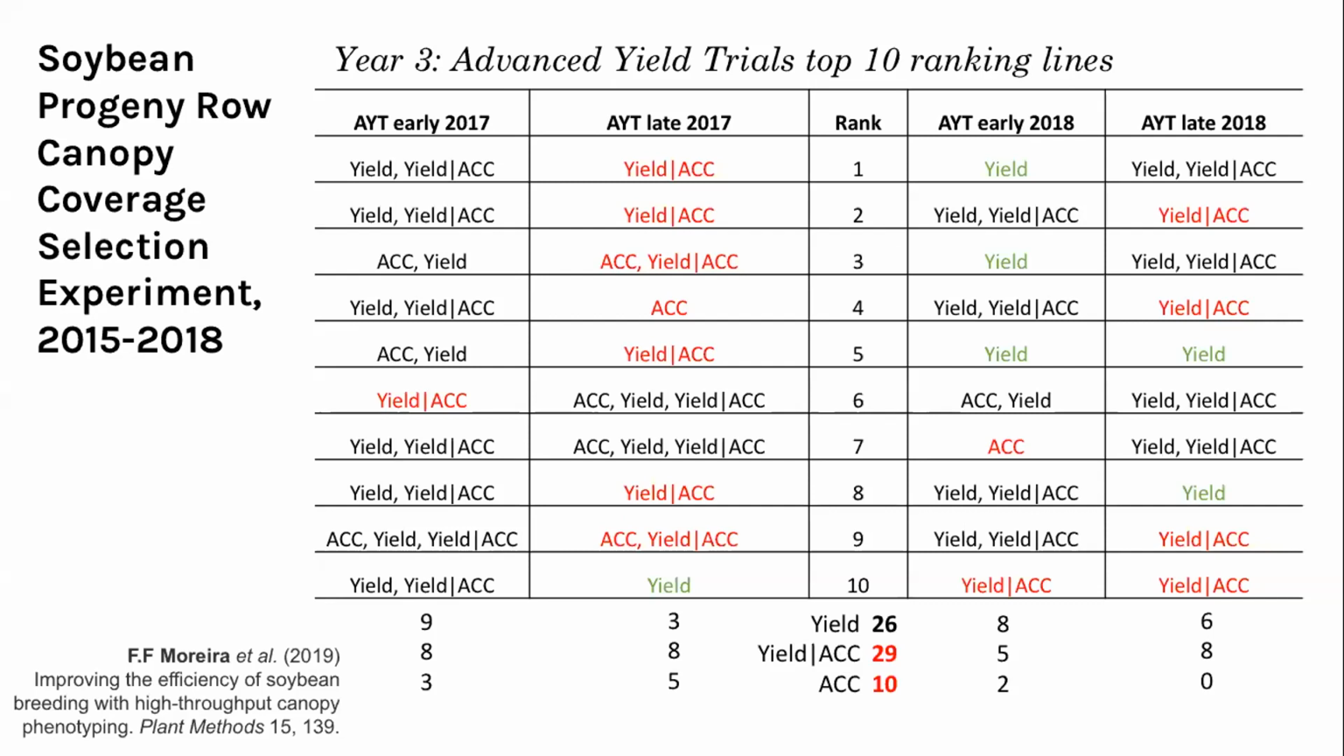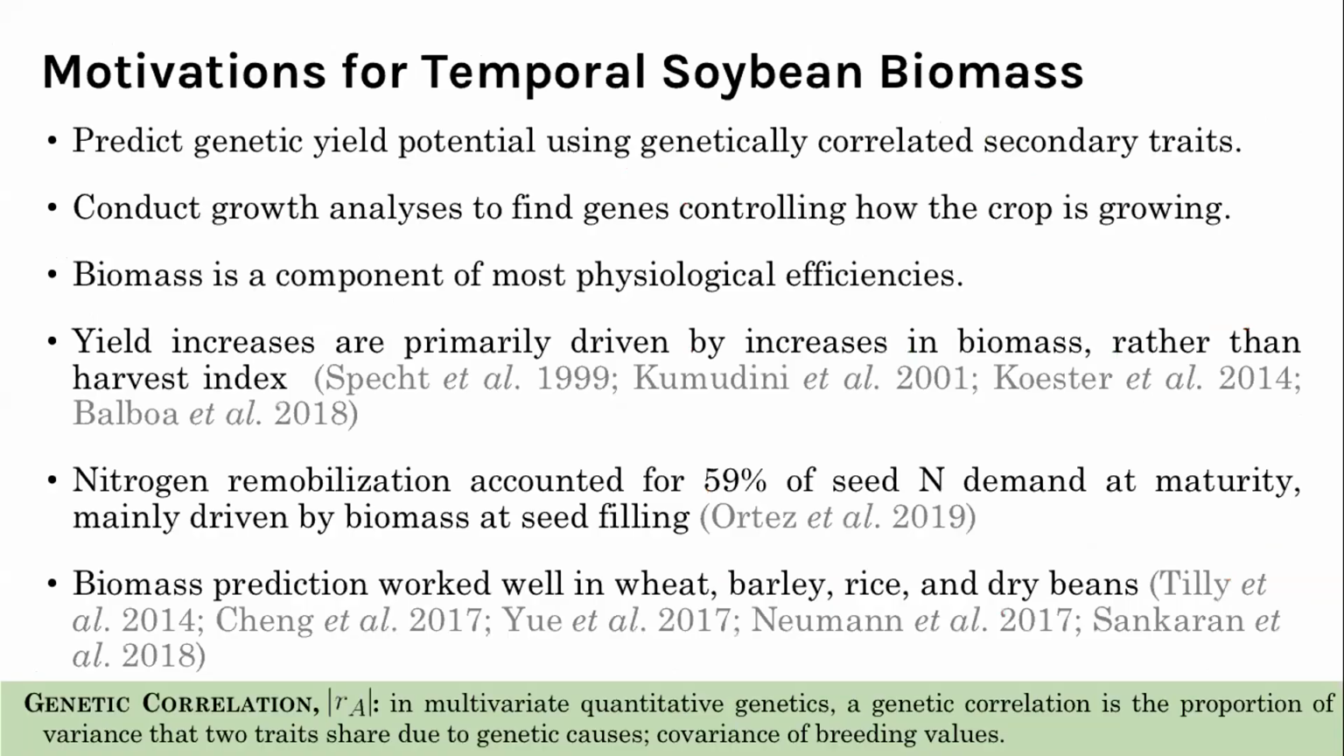So that yield adjusted for canopy coverage is, I think, adjusting largely for non-genetic effects, like variation in plot size, row length, gaps, etc., because soybean progeny row yield data are really low quality. And I know at Corteva, they use this yield adjusted canopy coverage metric for all yield trials for soybean, not just progeny rows. So then my lab moved on to wanting to predict temporal, or longitudinal, soybean biomass